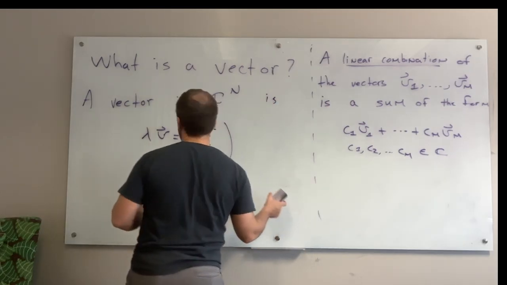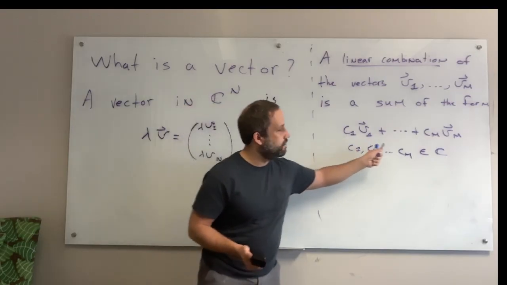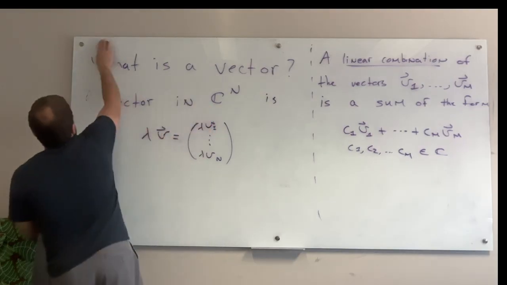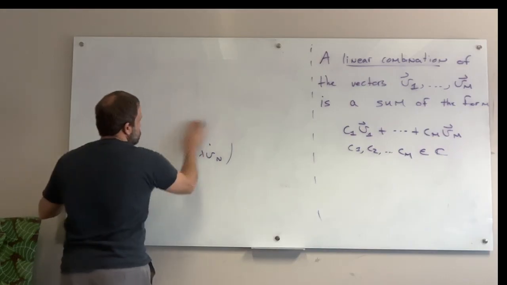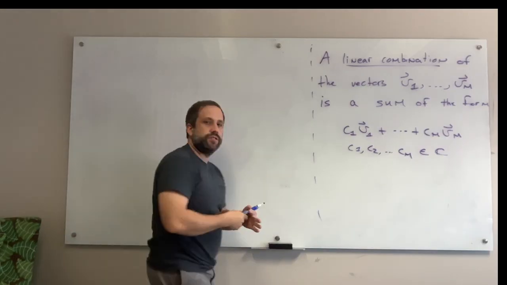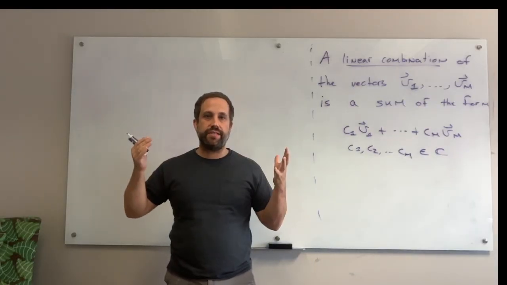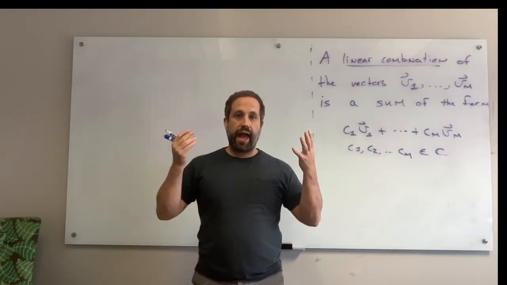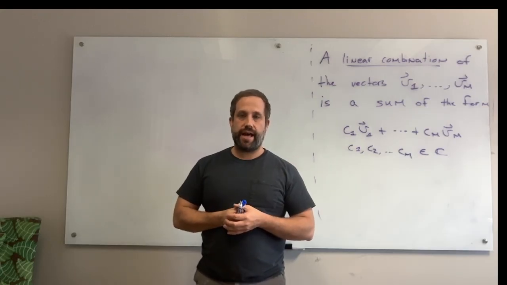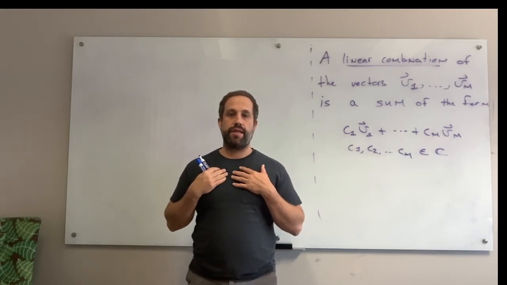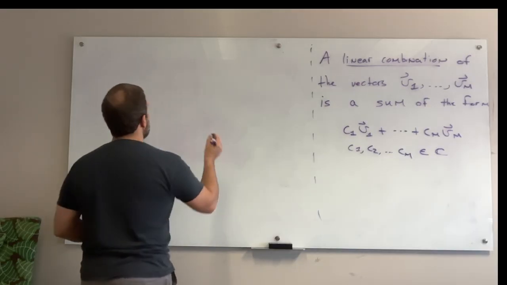Now, because they are so important, we have a special way where we can write a linear combination like this. And this is going to be through matrix vector multiplication. So a matrix, there's a couple of different ways to think about a matrix. We can basically think about a matrix as being a rectangular array of numbers, and then we can provide some interpretation to that. So for right now, I'm going to think about a matrix in terms of its columns. So I'm going to make a matrix, I'm going to call it capital V,